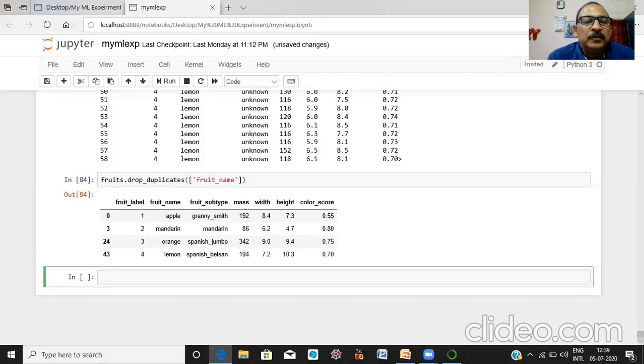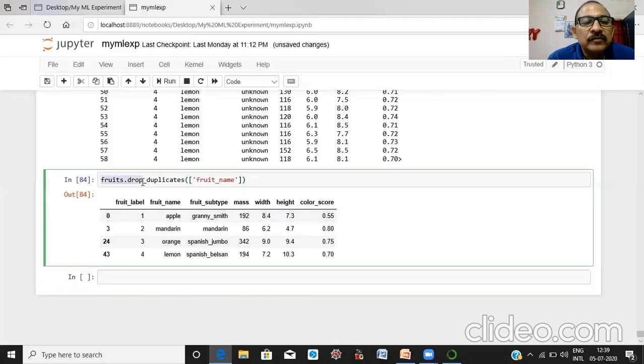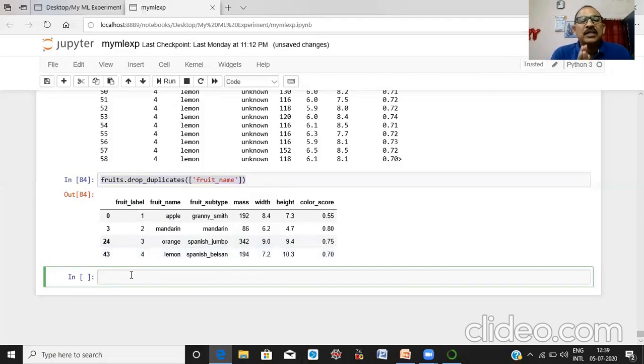Is it clear? It removes all records having duplicate entries in a column. Now let us see.